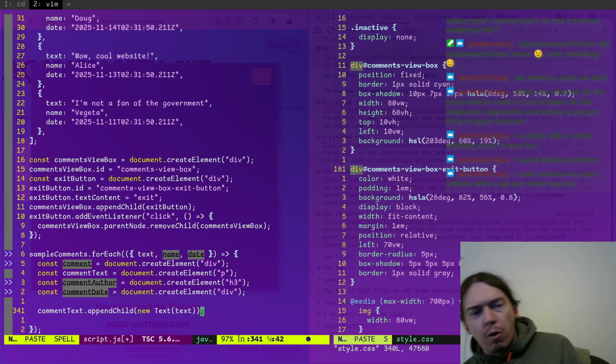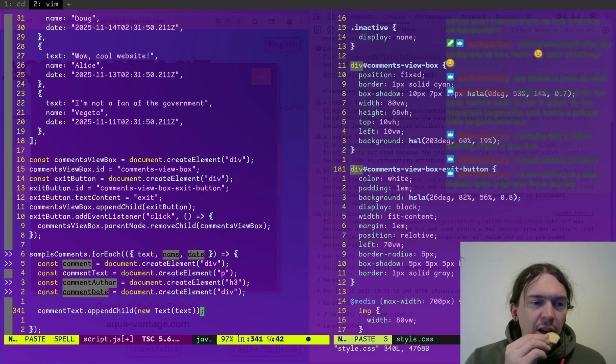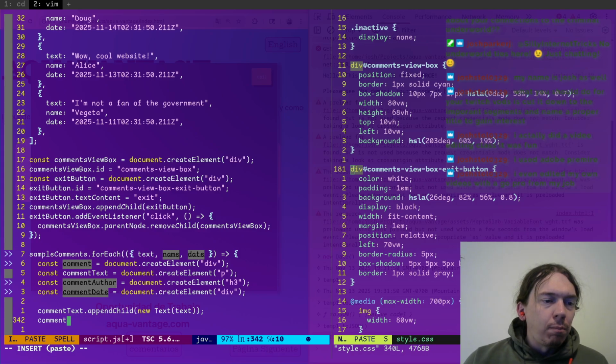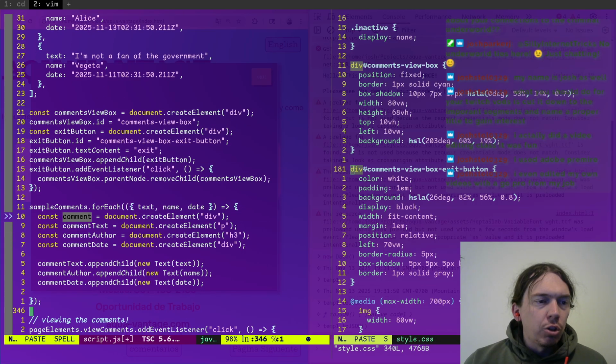If we do it that way, we won't get weird results if somebody puts HTML into the text. Okay, sure, we can do that.